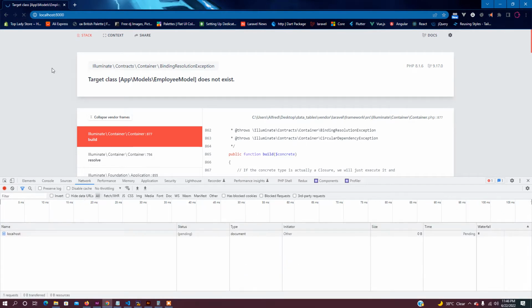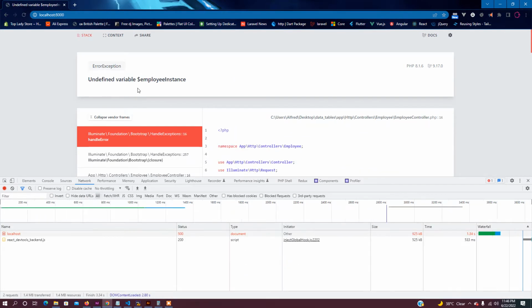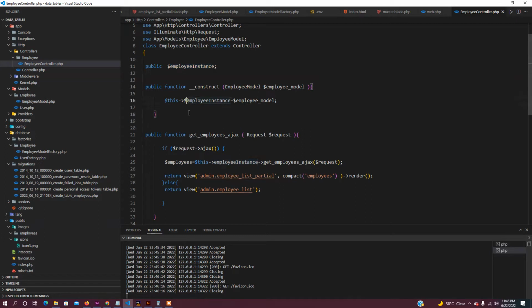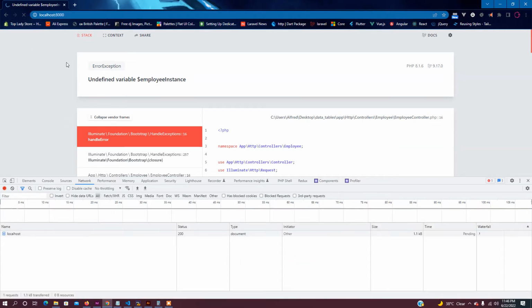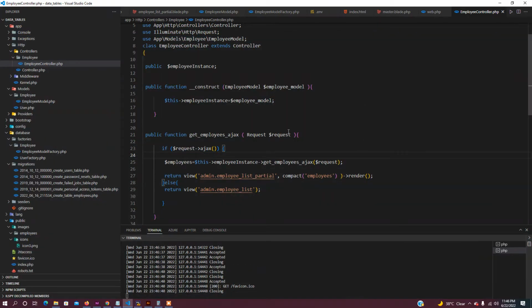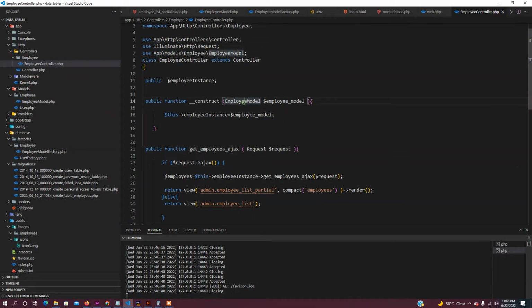I reload the page again, and we now have an undefined variable, public employee instance, which is this. I have it wrong, it's employee instance, and that should do the trick. So I'm just going to reload my page again, and there we are. It means that the method is now created and we can continue to use it. So I'll just navigate to this